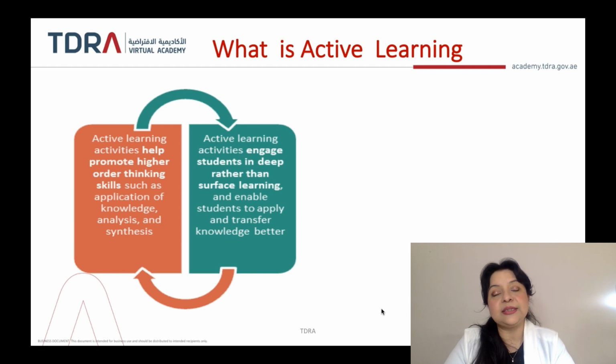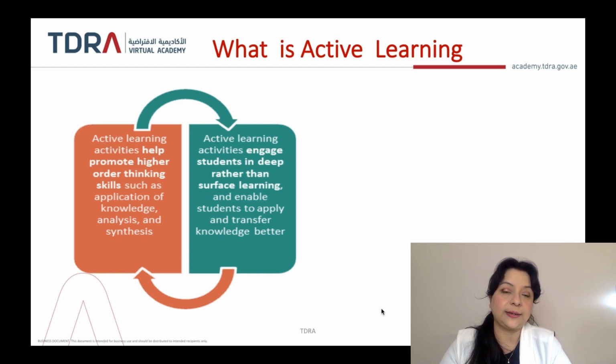What deep learners are, they are people who are innately curious. They might not be very marks focused or grade focused or status focused, but they are very curious explorers of knowledge. They like to go deep into the subject. They explore a lot. They find out new ways of thinking around that. So they are actually an asset. So active learning strategies are great for deep learners and they're great for promoting higher order thinking.